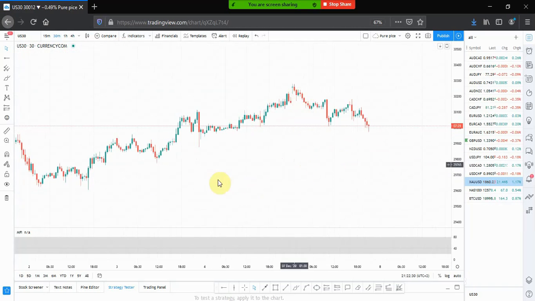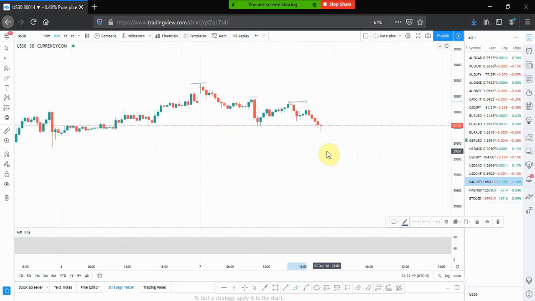If you are to categorize this in form of patterns, you can spot a head and shoulder pattern here, where we had the higher high, and then the next high is lower, the next one is lower again. So the right way to enter, you can still sell here, but what you should be careful about is